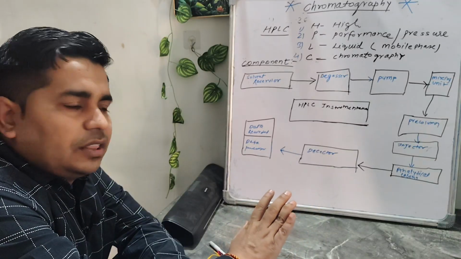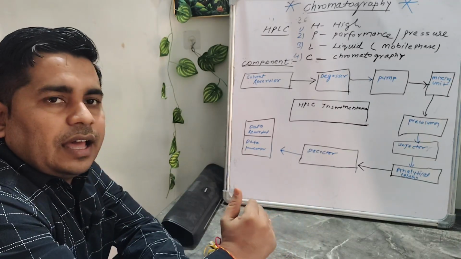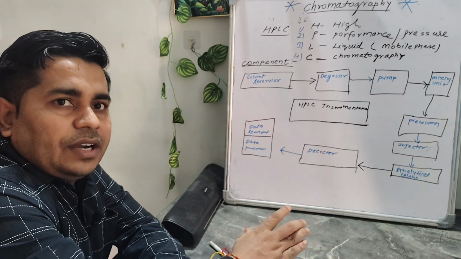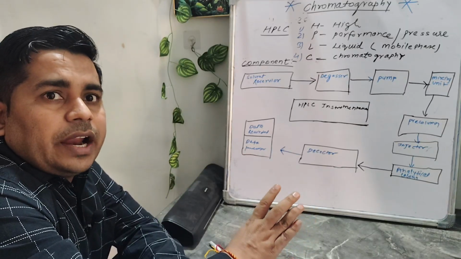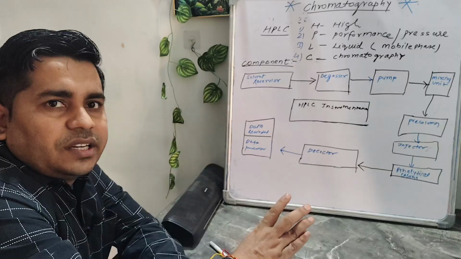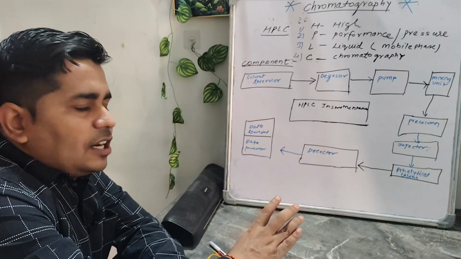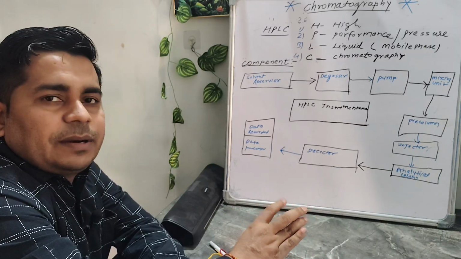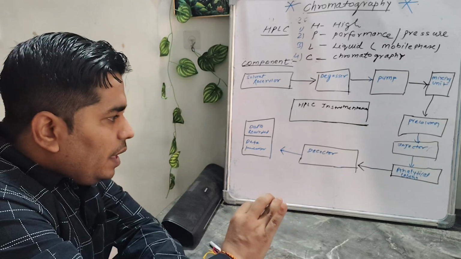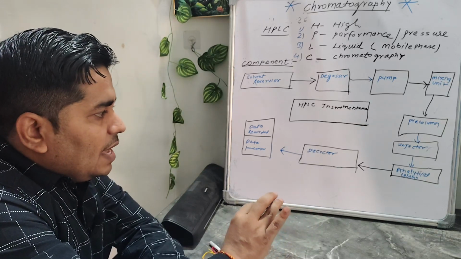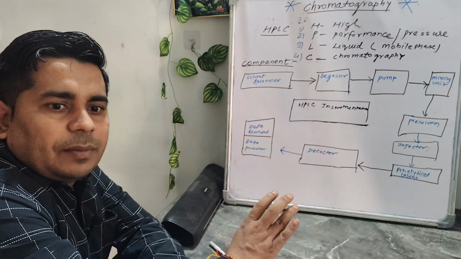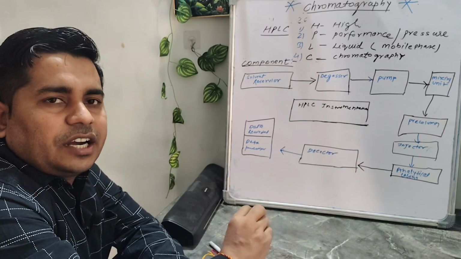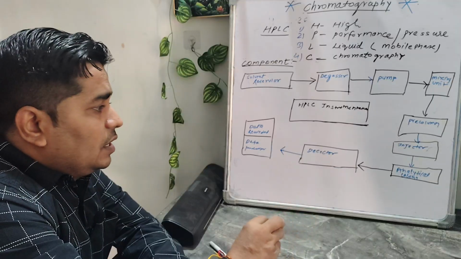Now we can come to the topic of the detector. The detector is an analyzing unit that produces the response with respect to time and concentration. We are getting the responses and signal in a well-shaped, symmetrical peak. So detectors are of many types based on their physicochemical property and bulk property. Detectors are classified into different types.